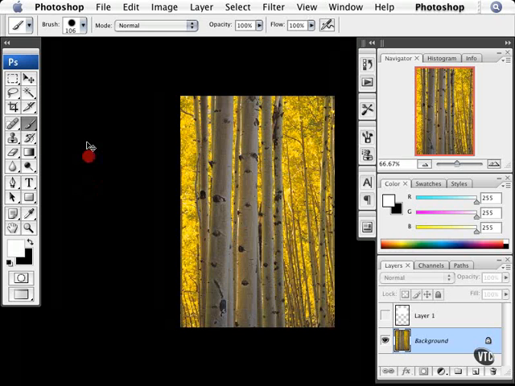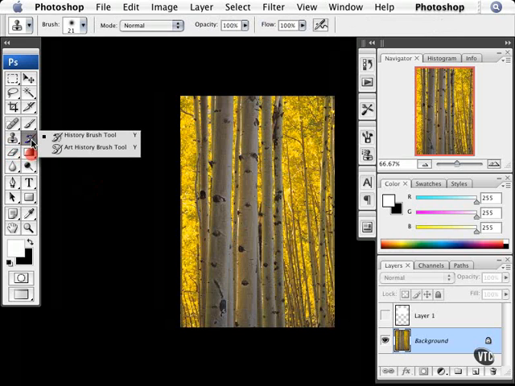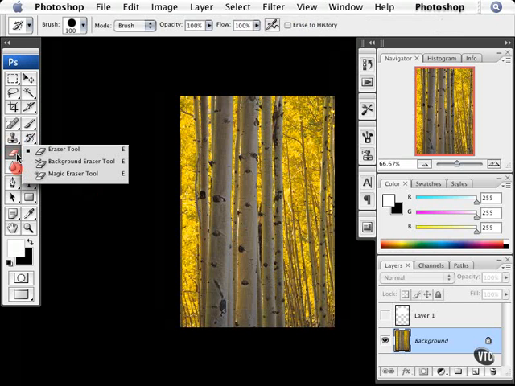image. I also have some cloning tools, so I can clone certain parts of the image, and we're going to spend some time on that as well. And we also have the art history brushes, and we'll talk about these guys as well. We can paint backwards in time with these. We also can paint, believe it or not, with the eraser tool, or we can simply erase mistakes with the